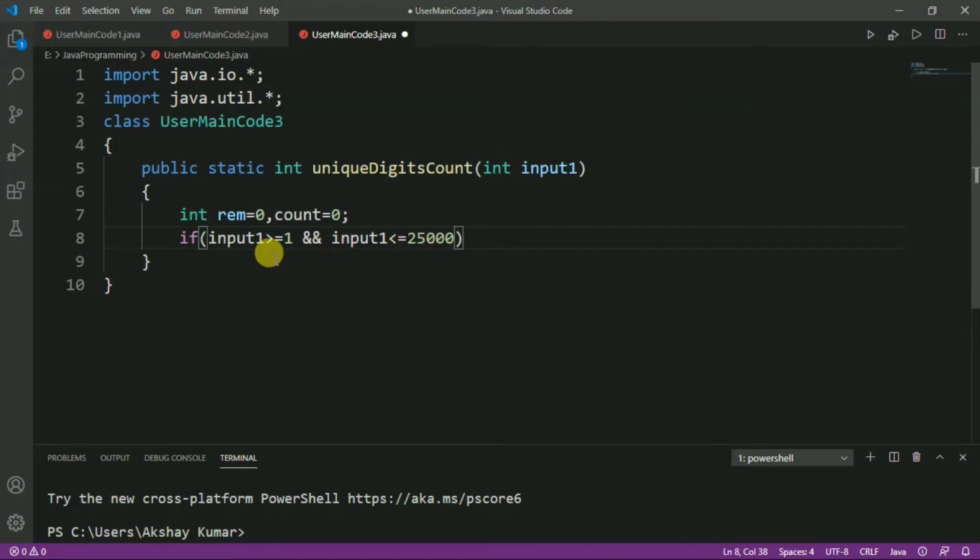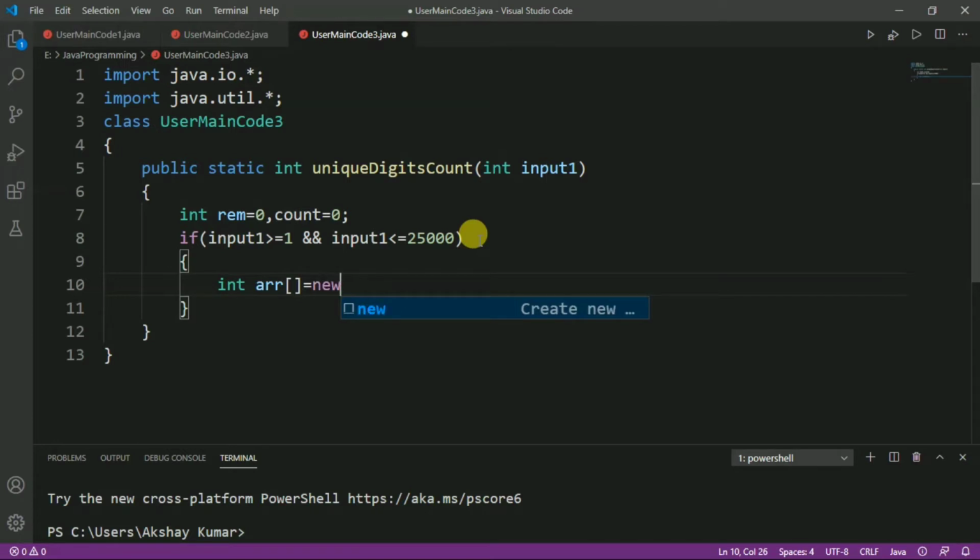Our number should be in the range 1 to 25,000. After that we will take an array of size 10, so we write int arr equal to new int of size 10.